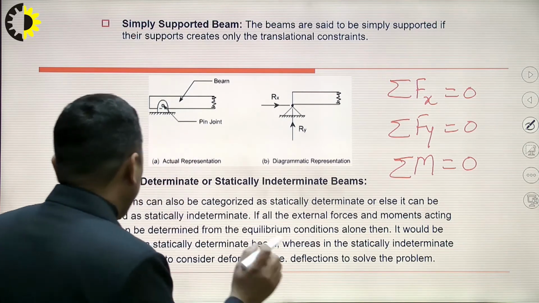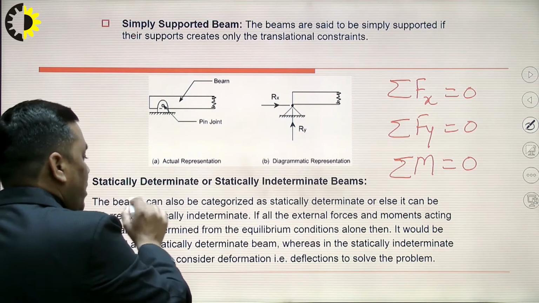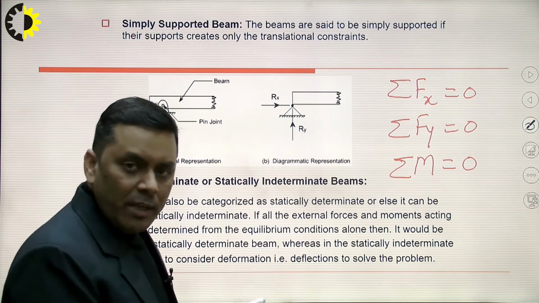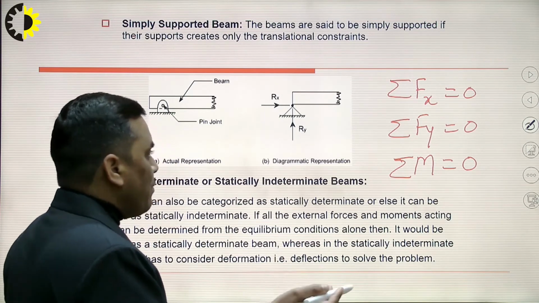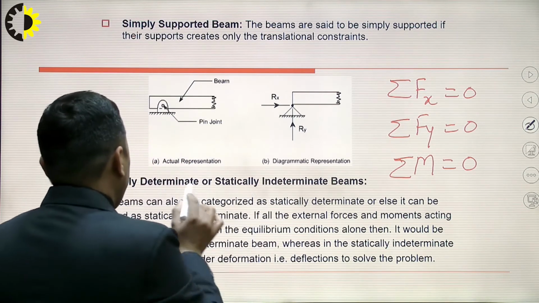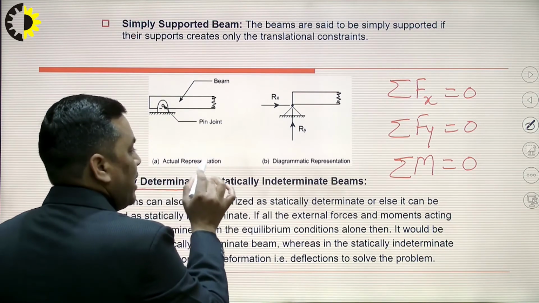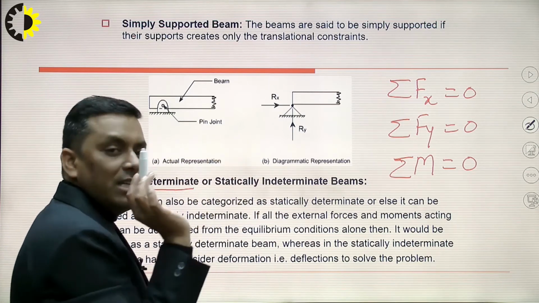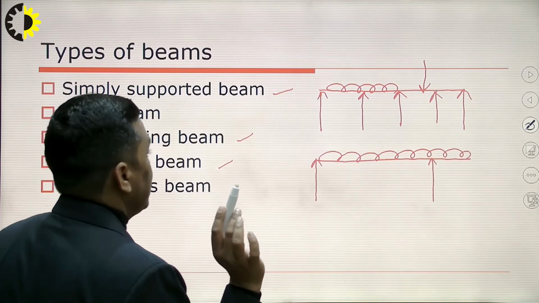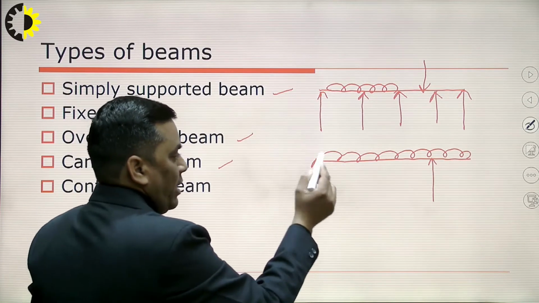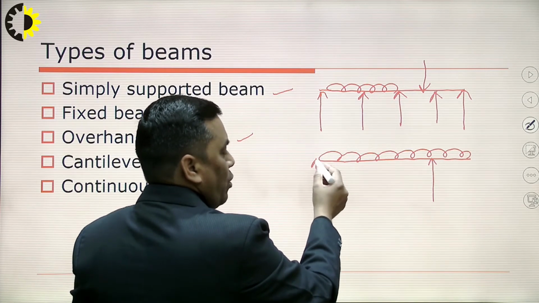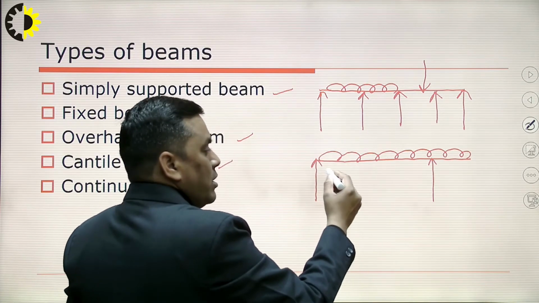So statically determinate means we are talking about static equilibrium. Determinate means the support reactions can be determined. So if the number of unknown reactions is not more than 3, then the beam is in the category of statically determinate, else it is known as statically indeterminate. So here we can see in a simply supported or overhanging beam, the support is either roller or hinged. So how many reactions?